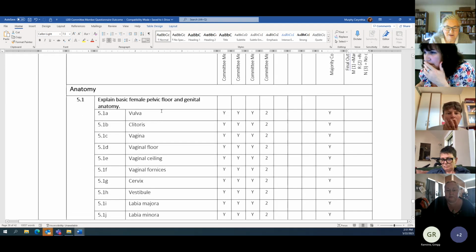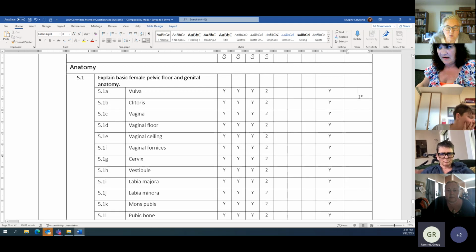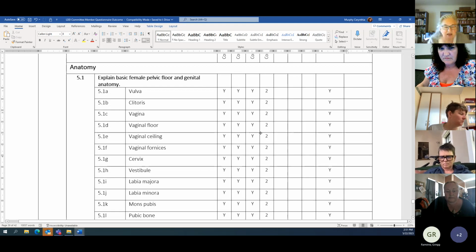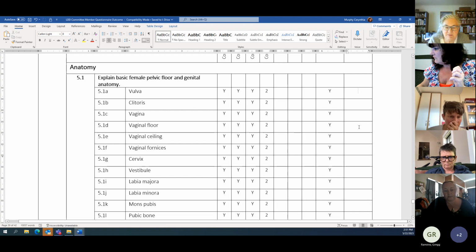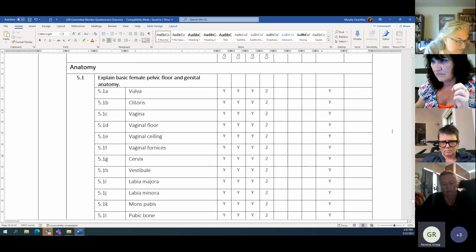Okay. Explain basic female pelvic floor and genital anatomy. So in the past, some people have tested on tests for this by having things pointed to with arrows on illustrations, and that turns out to be not a great way to actually know if people know where things are, because pictures are not the same thing as the thing. So just to say that it is a hard thing to actually test for where it is,